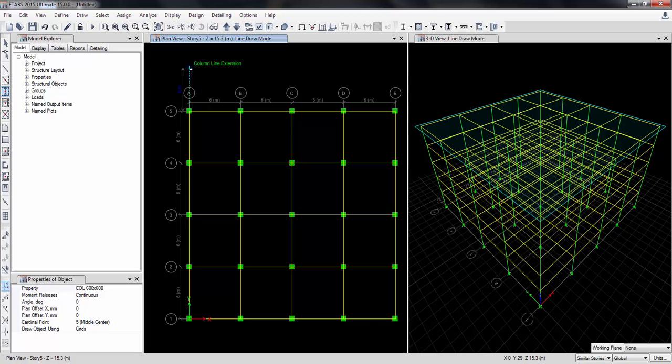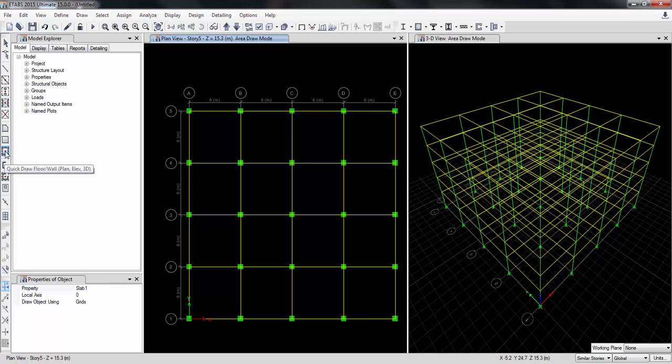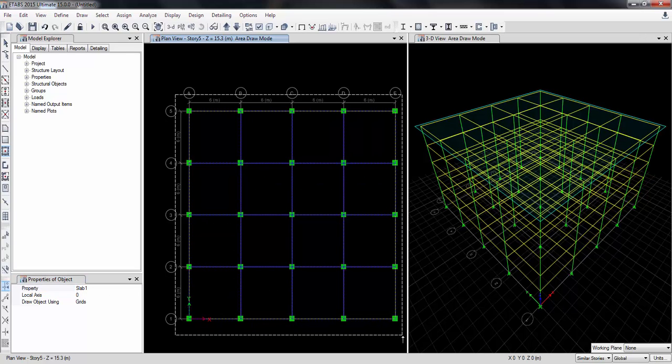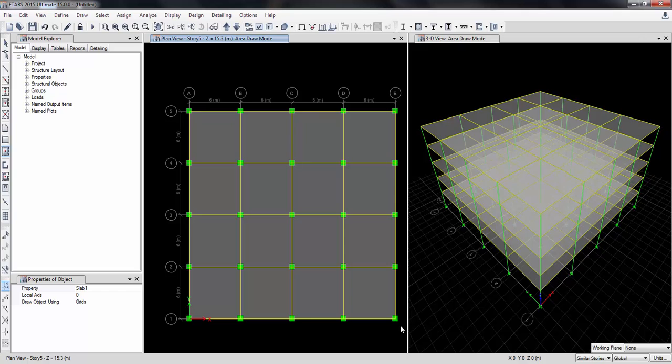So next what we can do is, columns are drawn, beams are drawn, we can give the slab sections by drawing one by one slab or drawing directly quick draw slabs. And here selecting the slab one or the opening, or many properties are there. In the property we are selecting slab one, and we can just drag from this side to this side, and